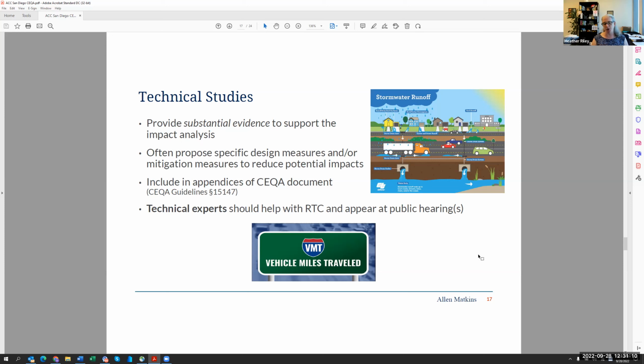100% your technical experts need to be involved. They prepare their document, and the CEQA consultant writes that chapter based on that expert report. When comments come in from the public, you want your technical expert involved in preparing those responses to comments because you want the answers to be accurate. Sometimes you get a comment that has a technical expert's report attached to it that rips apart the city's technical expert. The technical expert has to explain why that response is wrong.